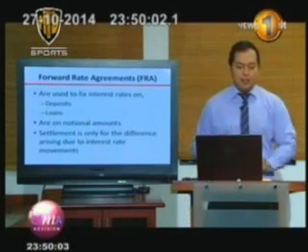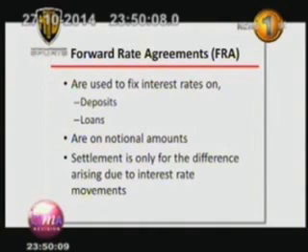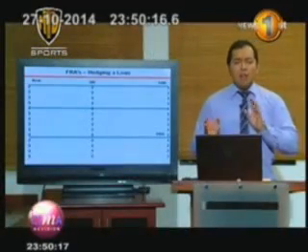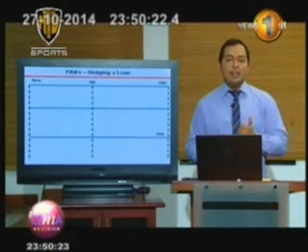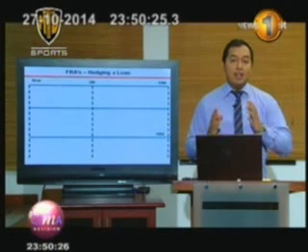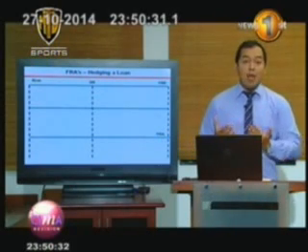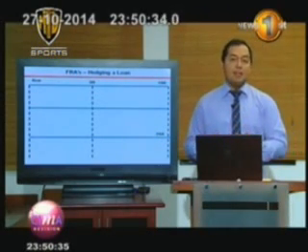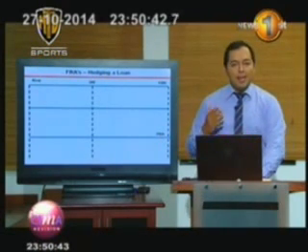How do we manage this risk? Let's look at a couple of instruments. Let's look at the very basic instrument. You have what we call a forward rate agreement. I'm not going to go into the definitions, but I'll give you a small illustration on how it works. What you need to remember when you talk about an FRA or forward rate agreement is that there are essentially two transactions. One transaction is you will actually have to go onto the market on the date on which you need the loan and borrow at the prevailing market rate. The second transaction is you would have entered into a forward rate agreement or an FRA to fix your interest rate, cost or receipt.